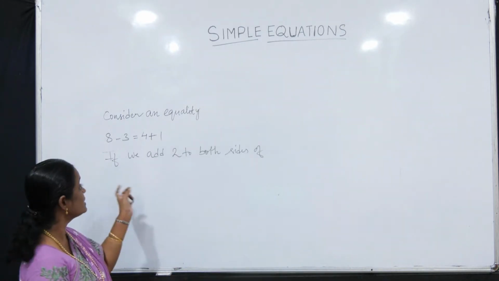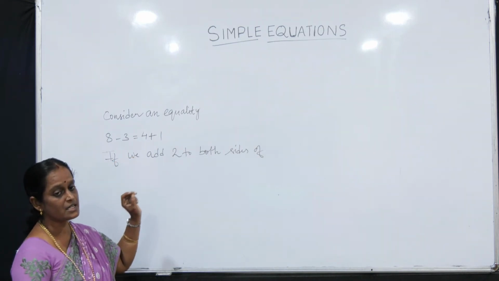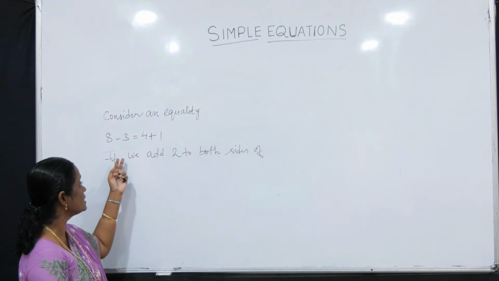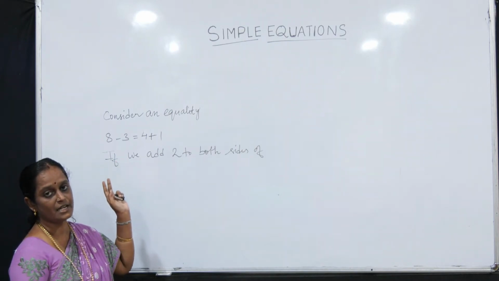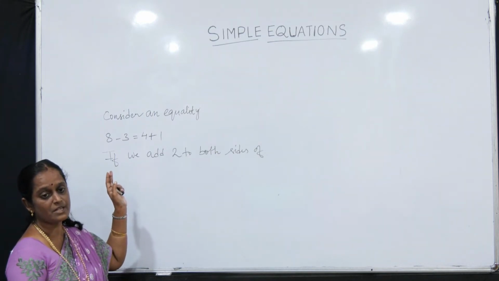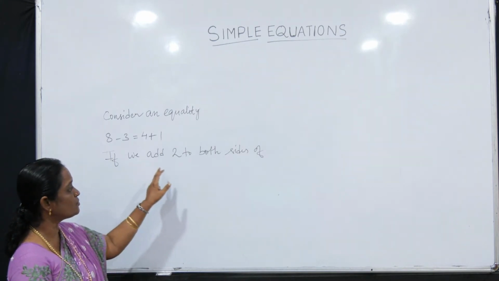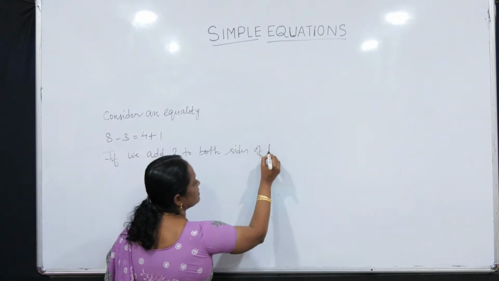Now students, consider an equality here. It is 8 minus 3 equal to 4 plus 1. This is an equality because there are no variables on both sides, LHS and RHS. If it contains a variable, it is called an equation. So this is an equality. Now if we add 2 to both sides of the equality,